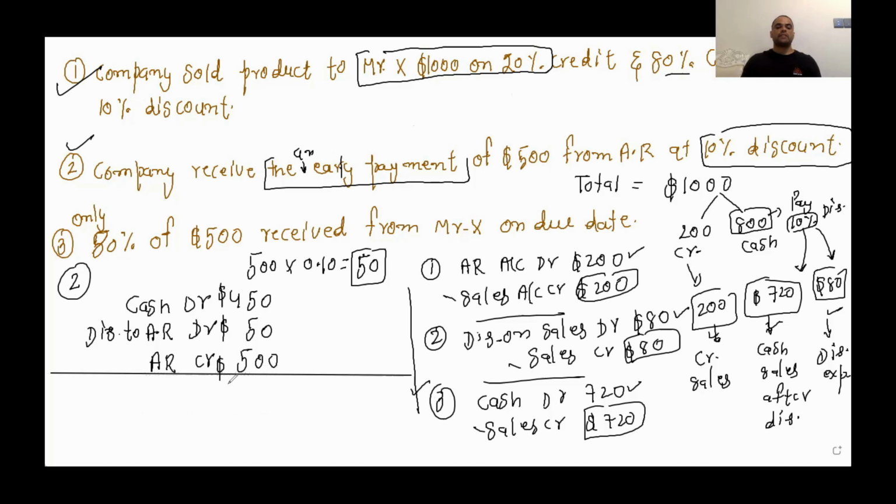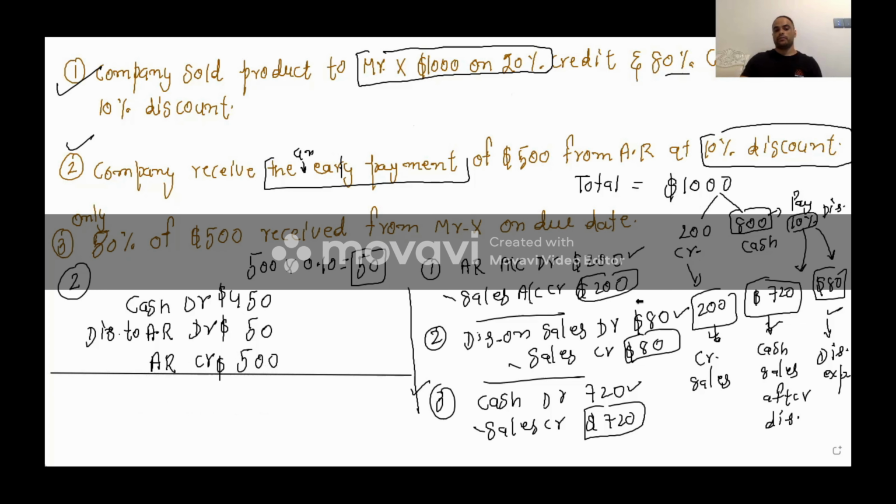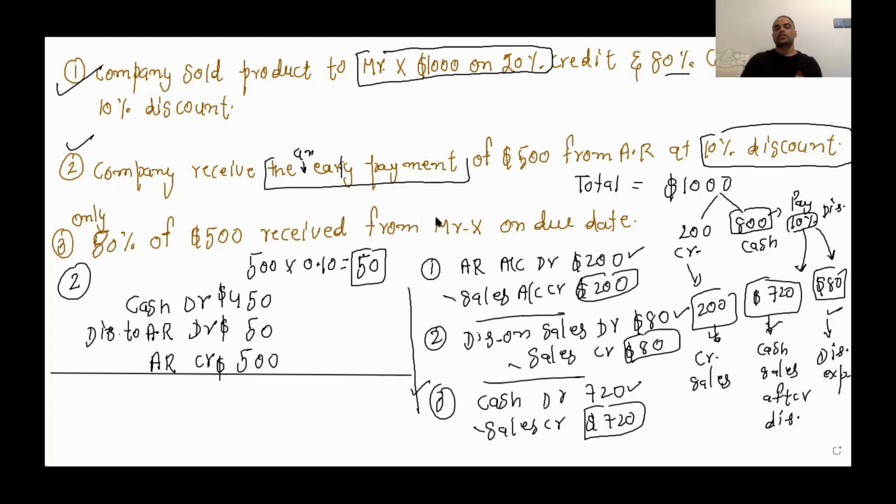Number 3 is 80%, only 80% of 500 received from Mr. X on due date. Mr. X is of course account receivable. So we receive only 80% of account receivable. That means 20% are bad debts, right? And 80% is cash. So journal entry is cash account,